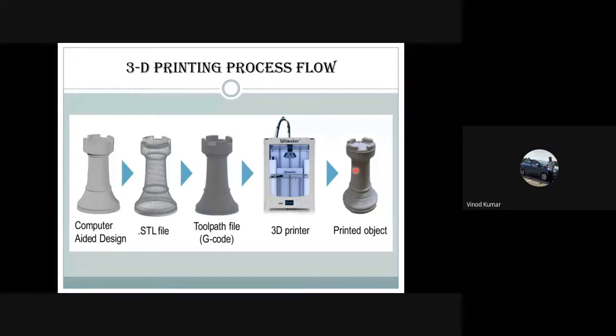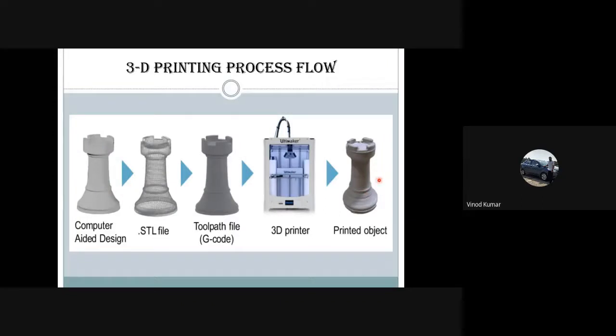And once the printing is done, then there will be some post-processing things that we need to do to get the final product. Like in case of casting, once the casting is done, the runner and the riser part has to be removed, and all unwanted materials that are present in the casting have to be removed. Similarly, here also, there may be some supports that may be provided, or there may be extra inclusions available in the final product. So those things have to be removed, and the final finishing has to be given. And once the final finishing is done, we'll have the final 3D printed product available with us.